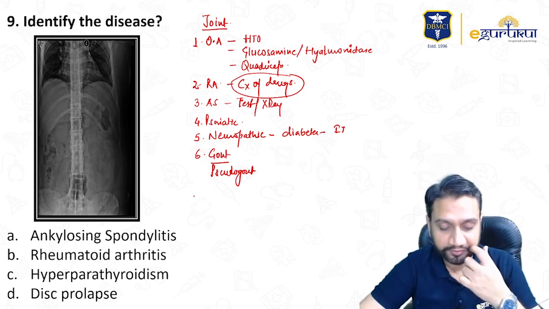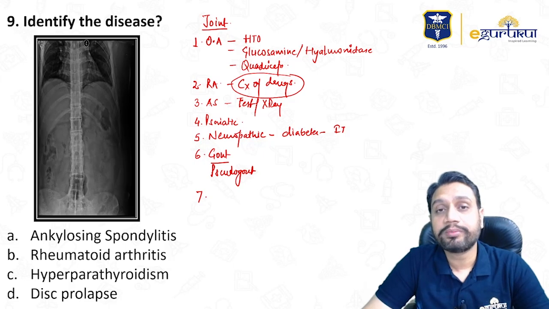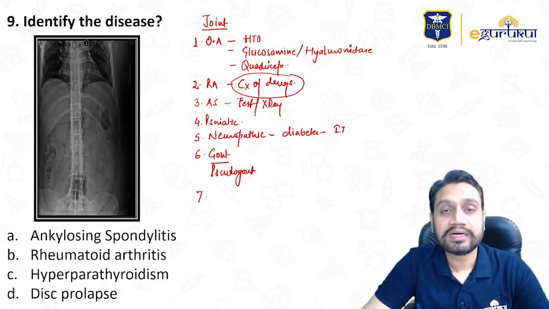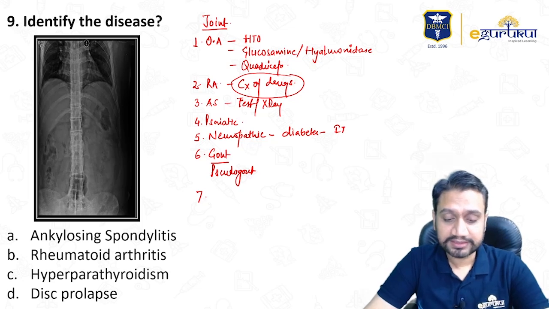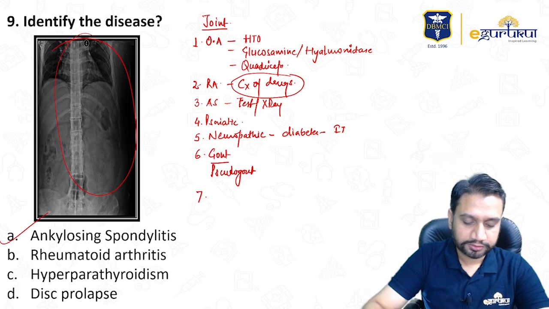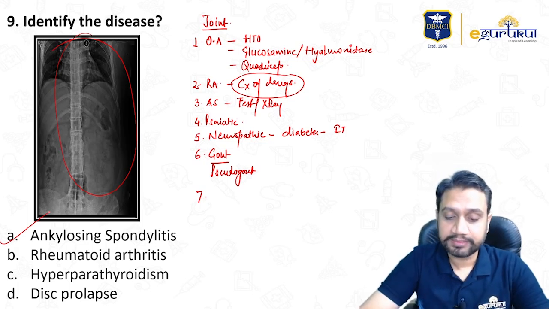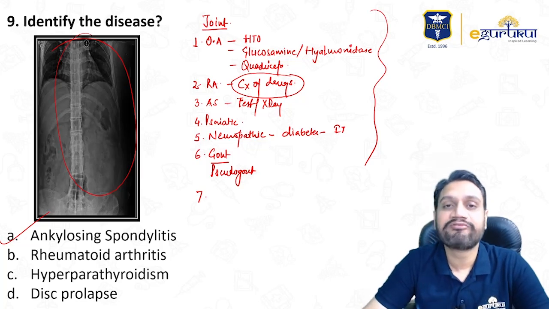As part of hemophilic arthropathy, I want you to remember that the most commonly involved joint is again the knee. Iliopsoas will be the muscle involved, and in complicated, untreated cases, the deformity seen will be a triple deformity of the knee. This is all I want you to remember. So this is a pretty simple image, that is ankylosing spondylitis. Please remember all these important points, which we just revised in a 5-minute span for joints.